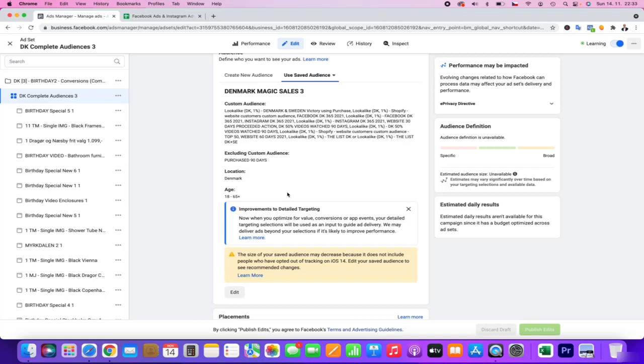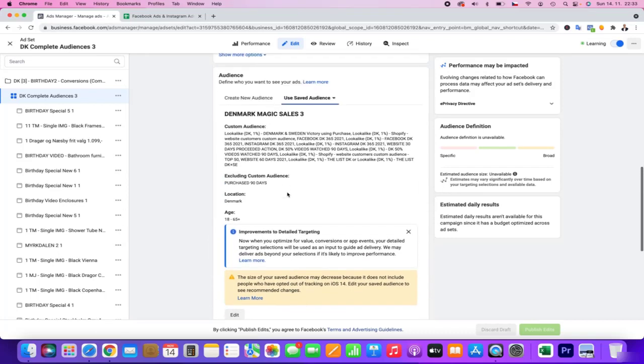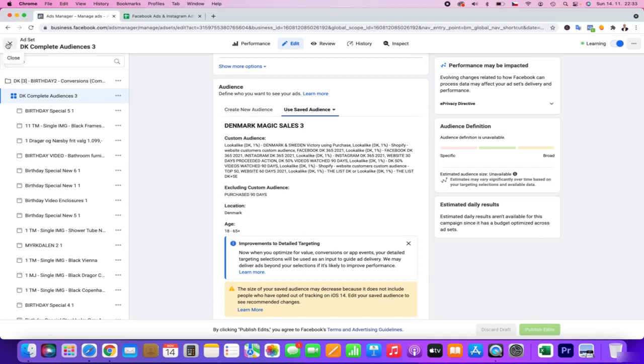This combination basically gives Facebook the option to choose both retargeting and lookalike audience, and also this detailed targeting improvement with the correct setup of aggregated events. This is something very, very beneficial.